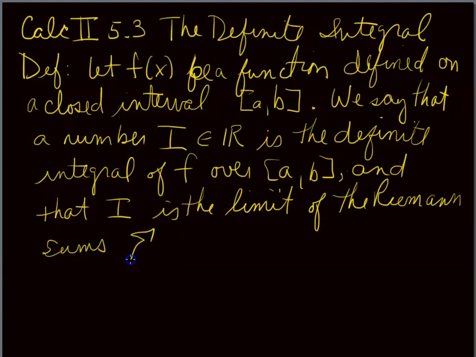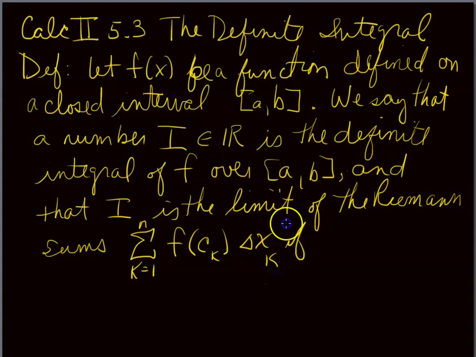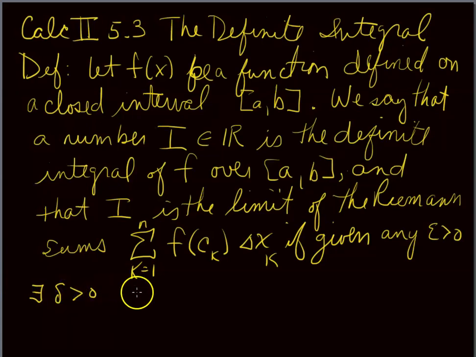that's the summation k going from 1 to n of f of c sub k times delta x sub k, if, and this may sound familiar from differential calculus, given any epsilon greater than 0, there exists a delta greater than 0 such that